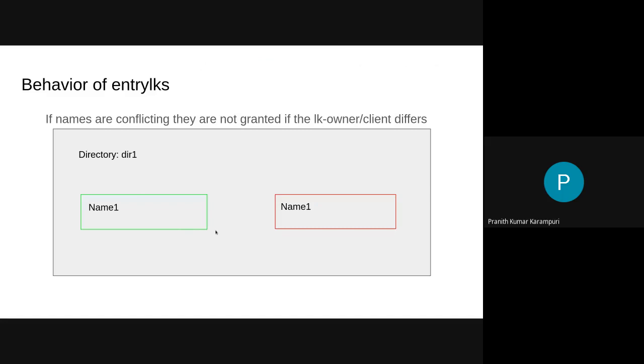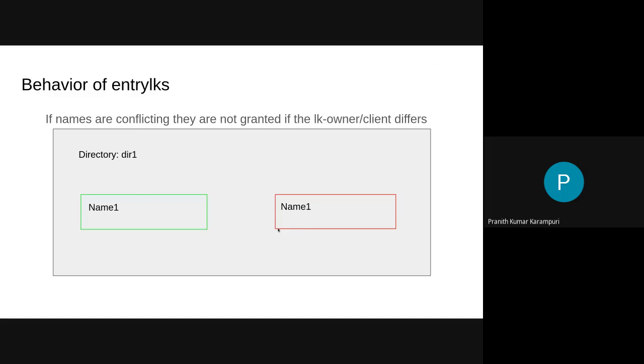But if the names are the same on the directory and the lock owner or client differs, then you grant them one after the other: the first client takes the lock, does its operation, then unlocks, after which the second one is granted. Until then, if it is a blocking lock, it will be in the waiting state.